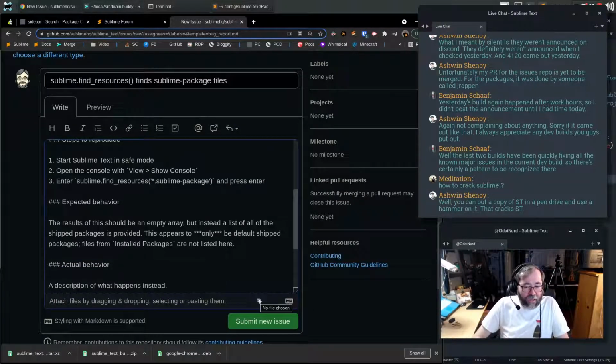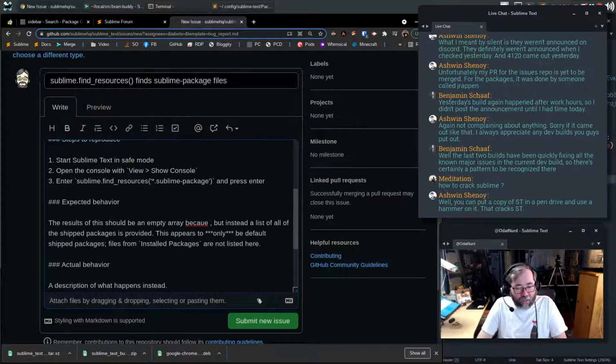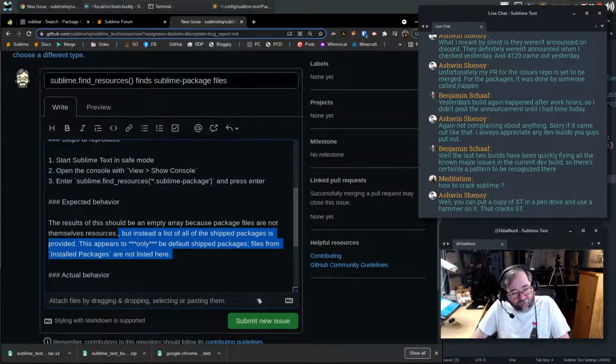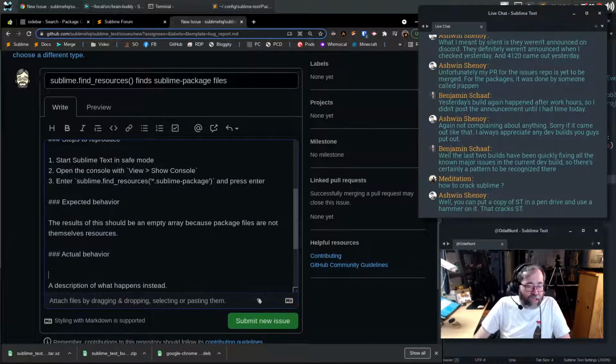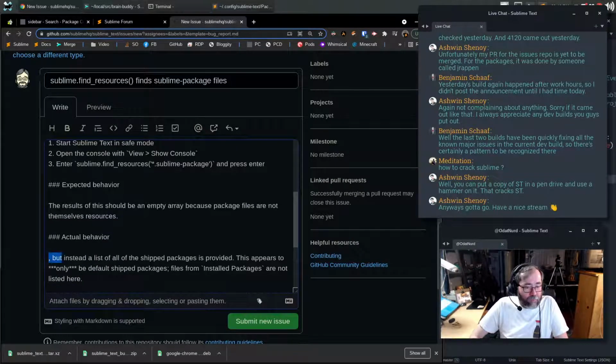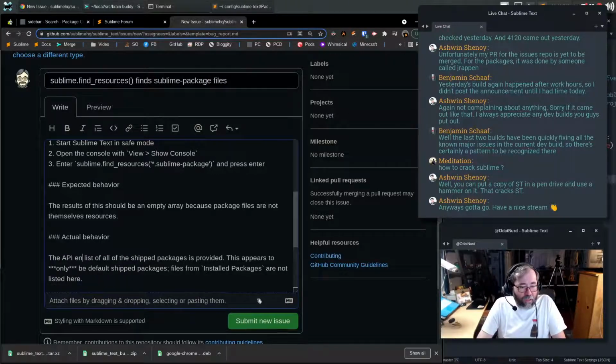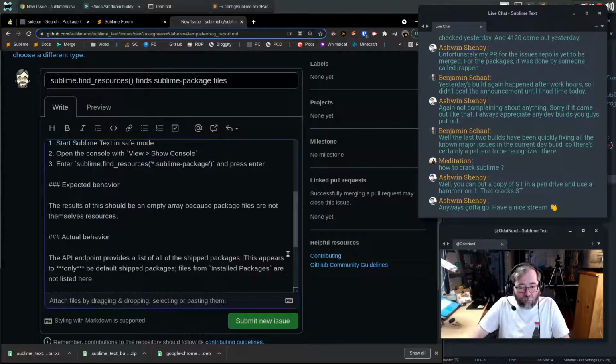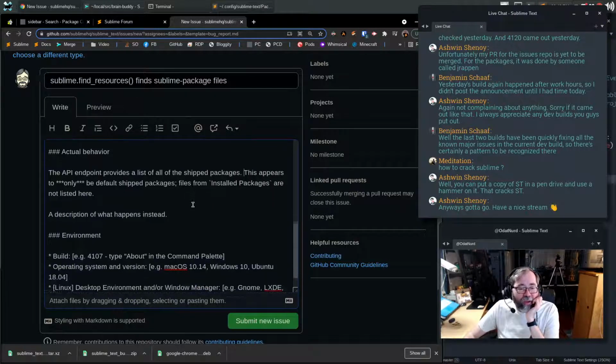It should contain an empty array because package files are not themselves resources. Follow the list. Actual behavior: the API endpoint provides a list of all the shipped packages. This appears to only be default packages, files from installed packages.